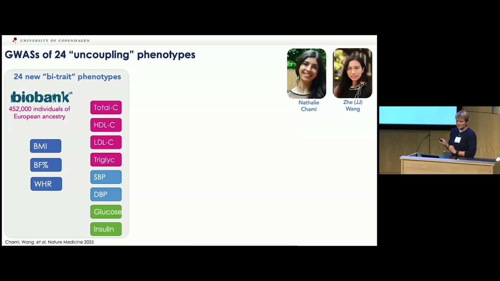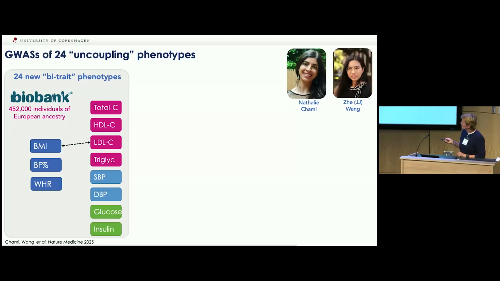And this story actually builds on a previous story where we used summary statistics. So here we use individual level data, mostly of the UK Biobank. So what we did is we take a distribution of body mass index. It's right skewed, but we made a standard normal distribution with a mean of 0, standard deviation of 1. And we did the same for all the traits, and also for the cardiometabolic traits. So each phenotype is now on the same distribution.